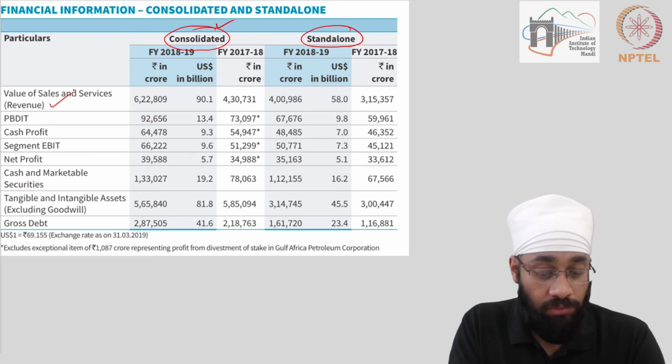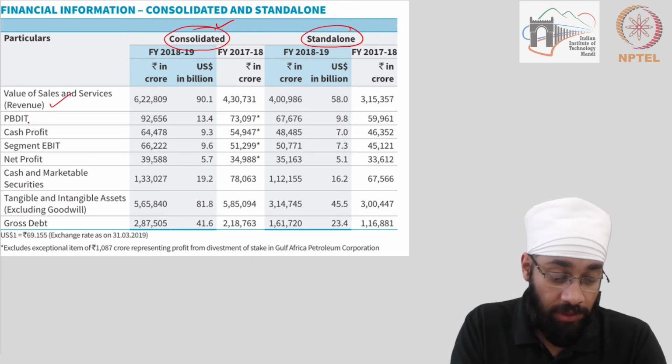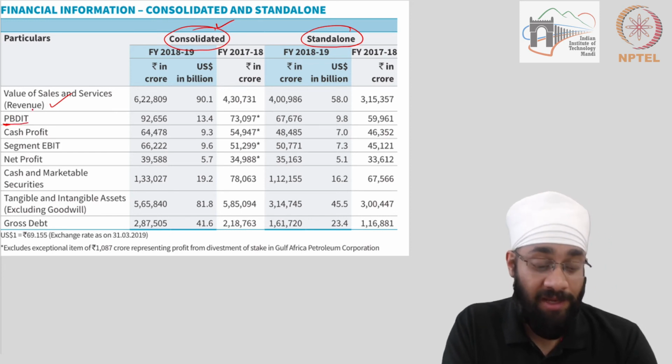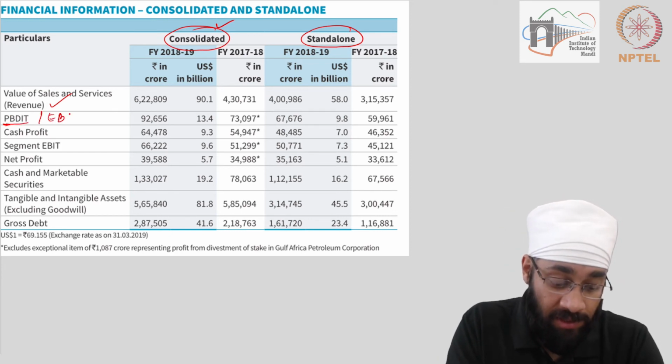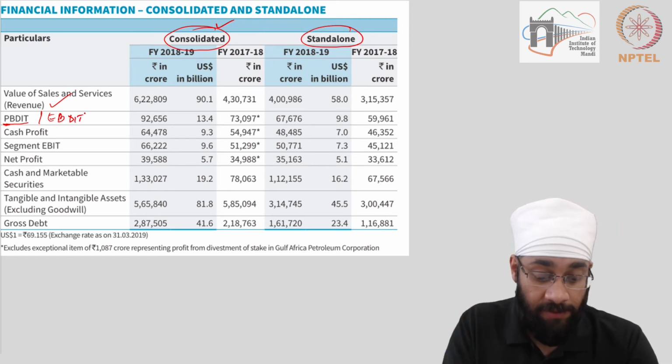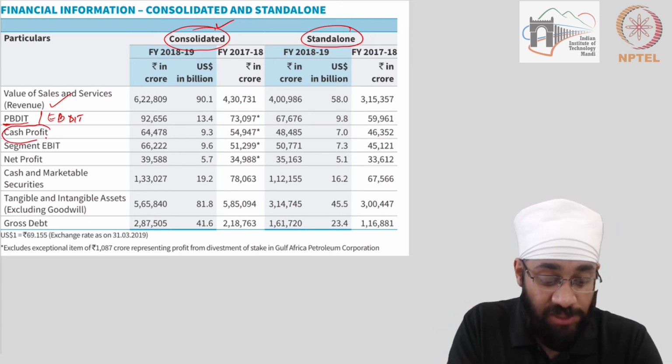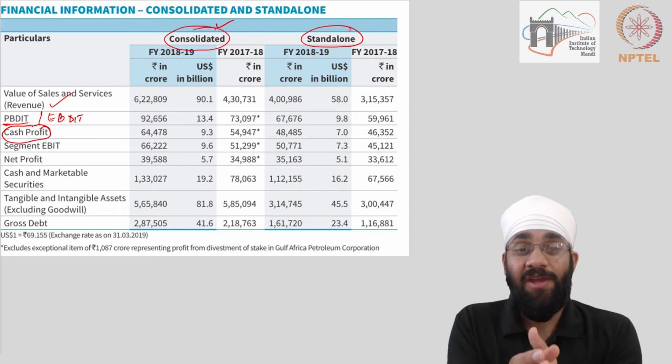So they show sales, fine, we know it. Now they're using P instead of E. Does not matter. Earnings, profit before interest, depreciation, and tax. Earning means the same thing. EBDIT can be the same thing. Now, a new thing is cash profit. What is cash profit? Now, cash profit